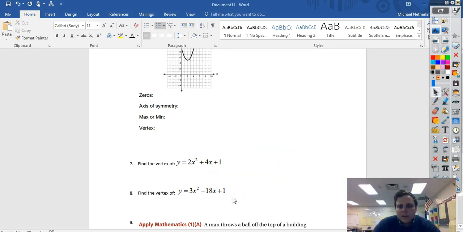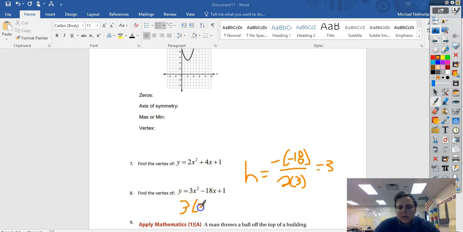Find the vertex of y is equal to 3x squared minus 18x plus 1. Same idea. Remember that h is equal to negative b over 2a, so negative of negative 18 over 2 times a, which is 3, so 2 times 3. Well, double negatives turn positive. 18 divided by 6 is just 3. So we take the 3, we plug it in, we get 3 times 3 squared minus 18 times 3 plus